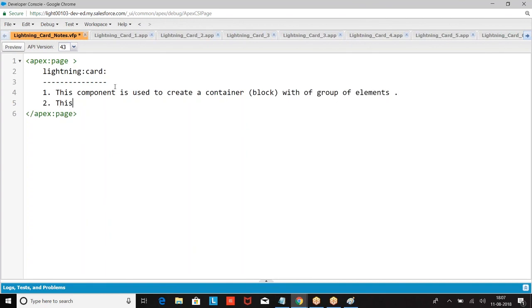This card component will have 4 sections: title, actions, body,